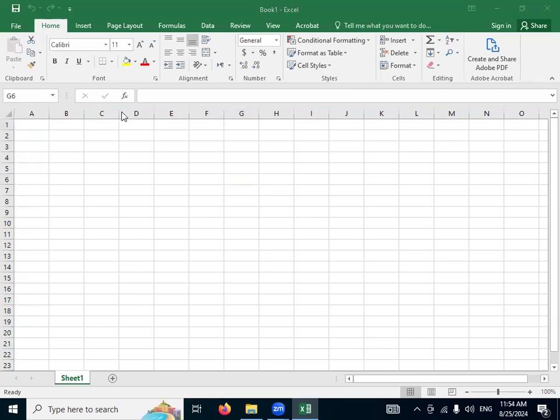First of all, I will explain the layout. This is basically the whole screen. You can see this is called the layout of your MS Excel. On the top, where the name Book1 is written, this is called your title bar. And at the top you can see there is a copy option, and there are two arrows, right and left, and one arrow downward. This is known as your quick access toolbar.